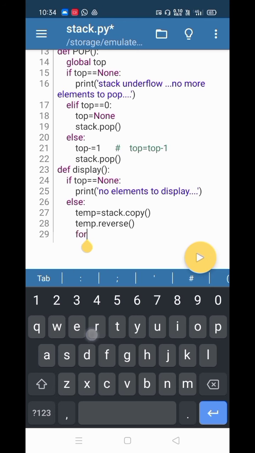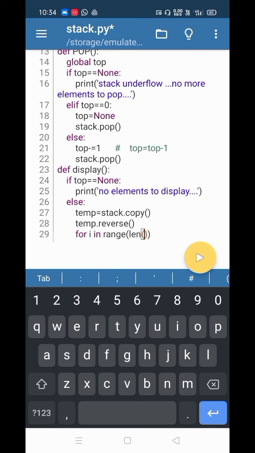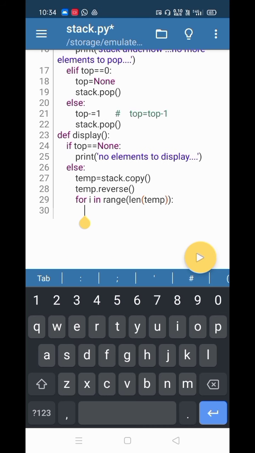Now I will use the join function, but to use join, everything in the list should be a string, but here everything is an integer. So now I am converting it into strings using this for loop.